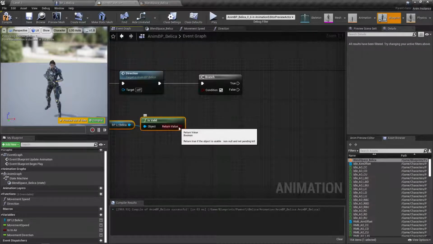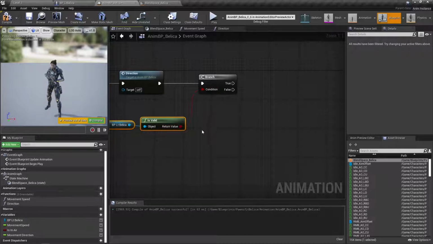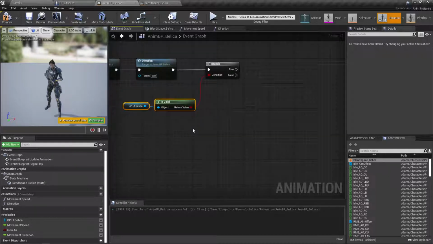Clean it up a little bit. Connect this into the condition. Yes, valid. Our character is still valid. All right. So now what we want to do is we want to go ahead and find